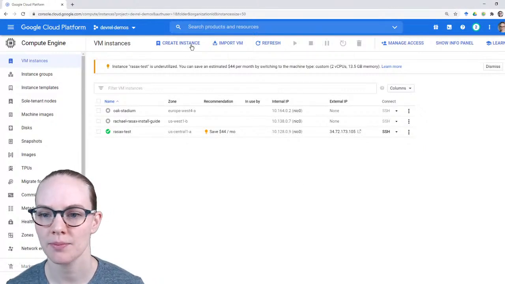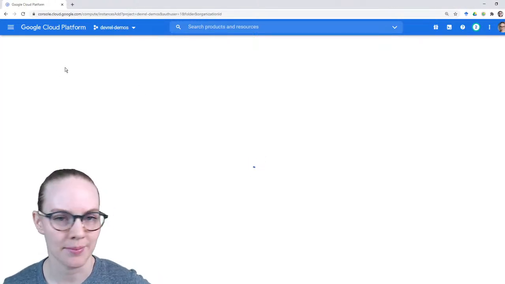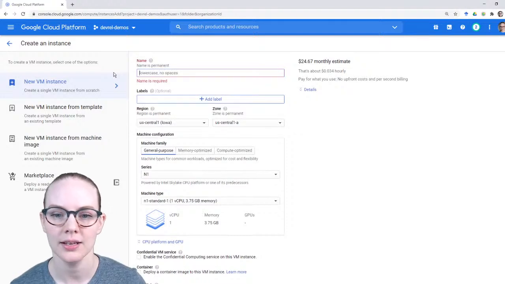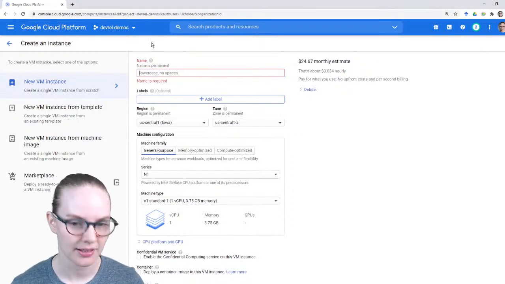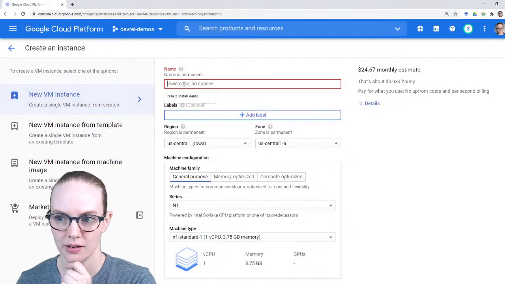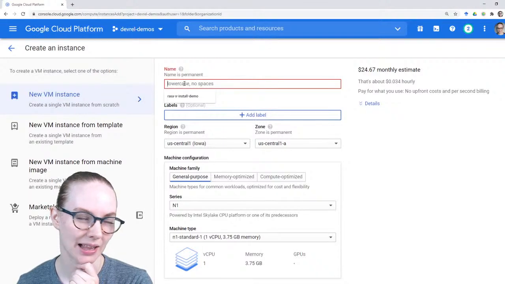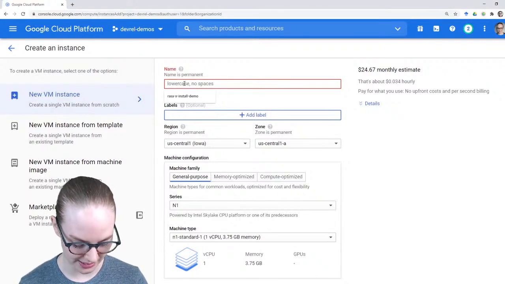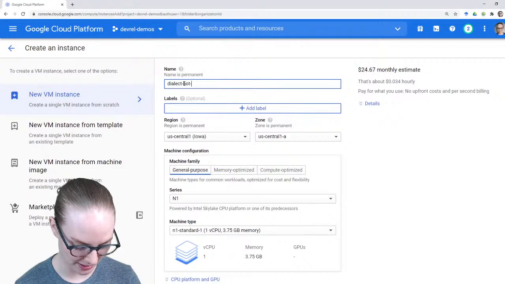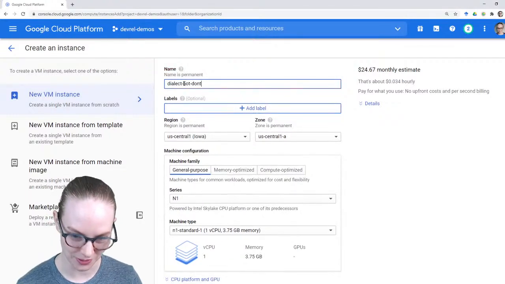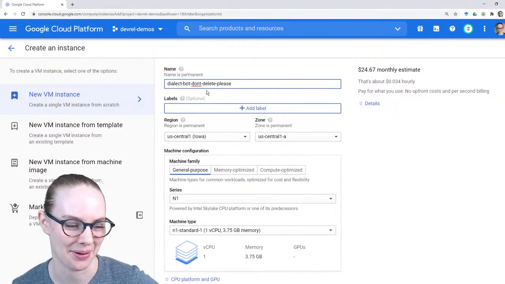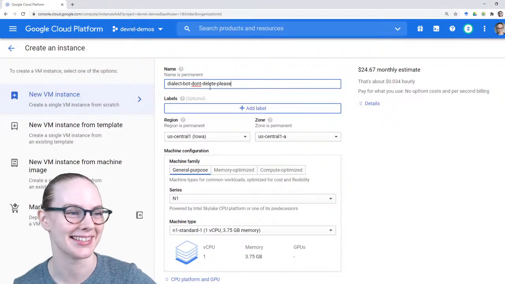There we go. So I'm gonna start by just creating a new VM instance, and this is gonna take a minute to get set up. So while we're doing that, we can chat. First of all, I need to name it something. Let me zoom in so y'all can see what I'm doing. So I'm just on GCP, using Cloud Compute, I think, to start a new VM instance, and I'm going to call this dialect bot. Don't delete, please, because this is a shared project that we do demos in, and I want to make sure that my assistant continues to exist.